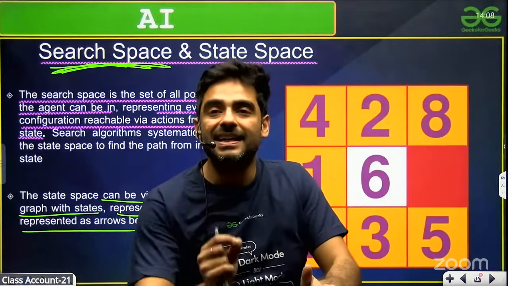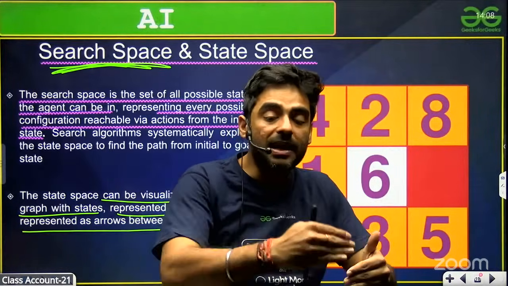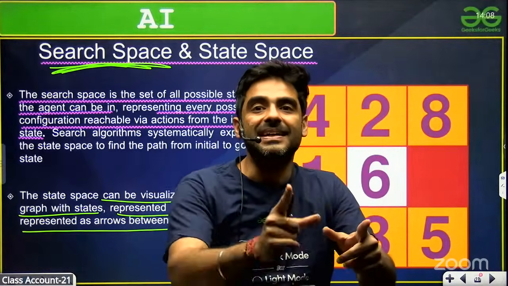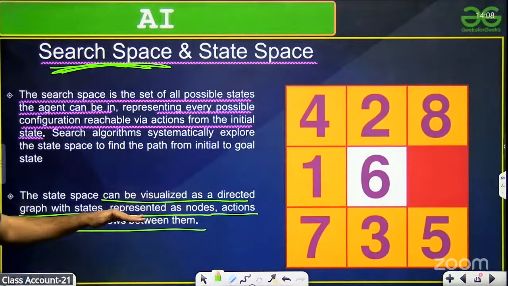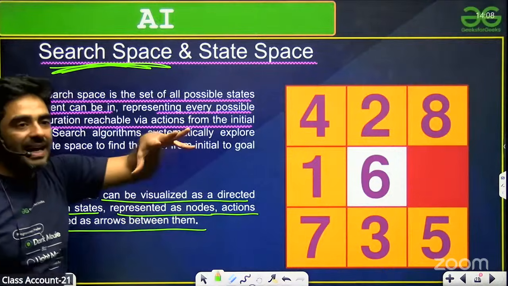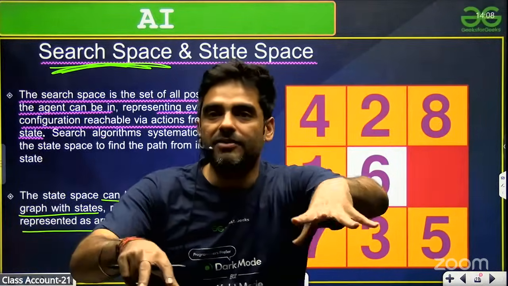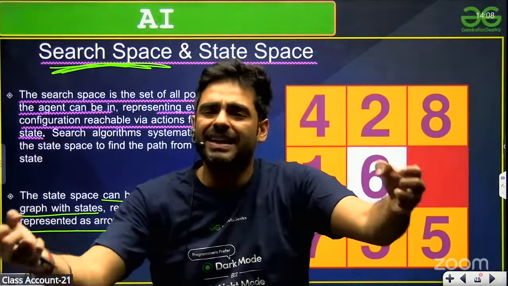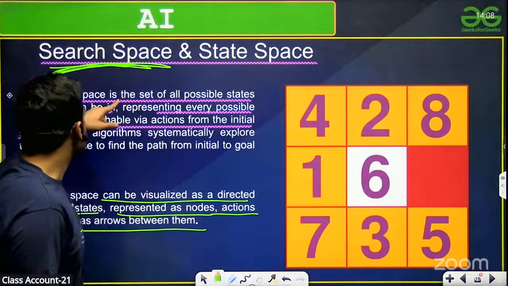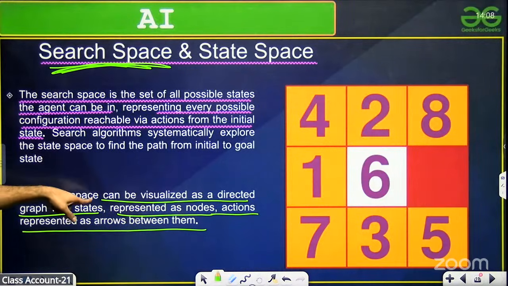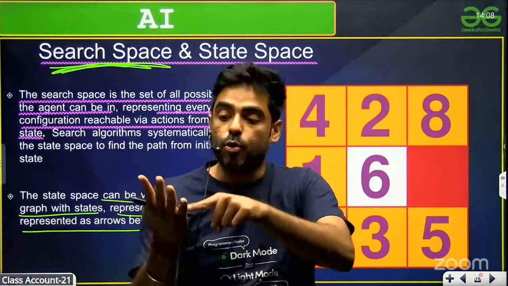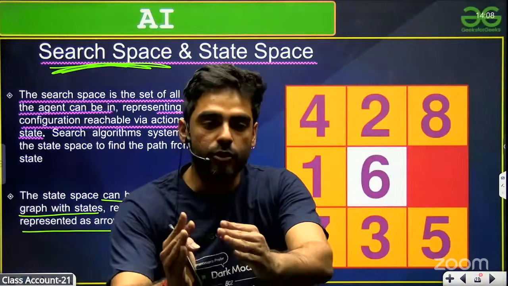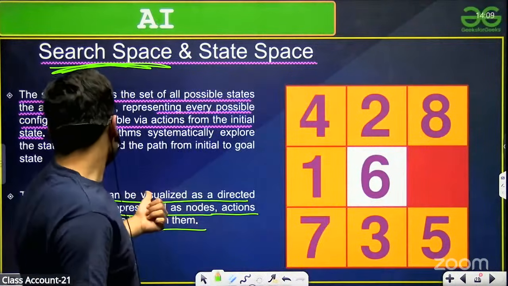A directed acyclic graph where the whole execution plan is ready. That is what we call the state space. The difference is that when things are randomly oriented, we have just collected the things in one place, that is known as search space. But when we have a flow chart, an execution plan, from here I would go to here, from here I would go to here, that is known as a state space.